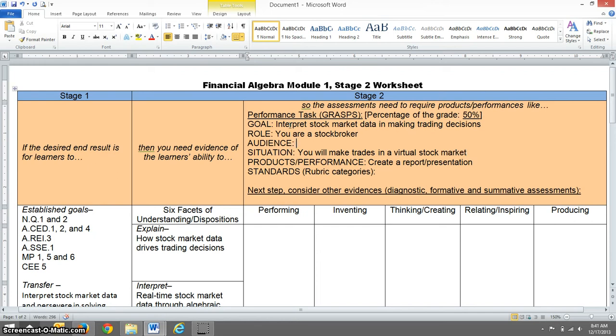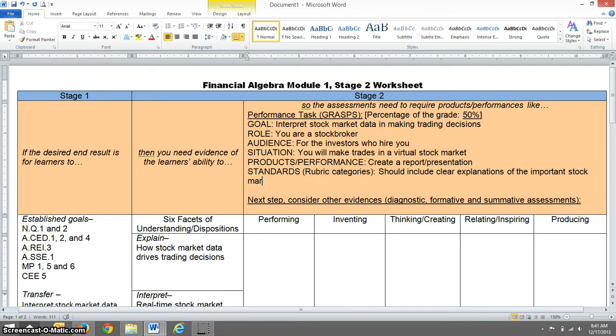The audience would be for the investors who hired the students or who hired you. I want to put it in the second person so that it's more personal to them instead of using the third person. Standards, and this will become your rubric categories. Okay, this should include clear explanations of the important stock market vocabulary used,